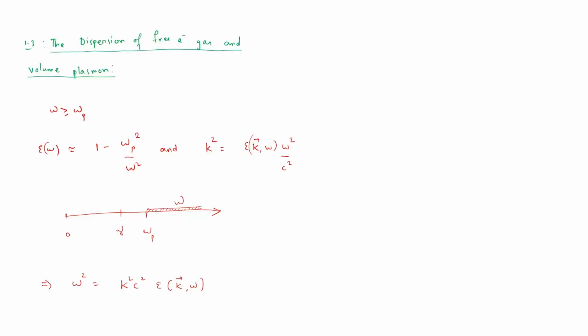Now this epsilon we know from the expression 1 minus omega p square by omega square. Let us just put that. So k square c square, divided by,